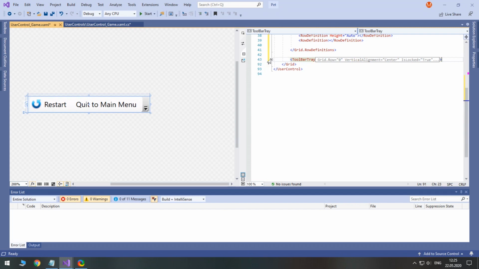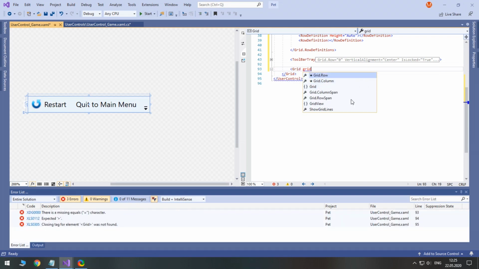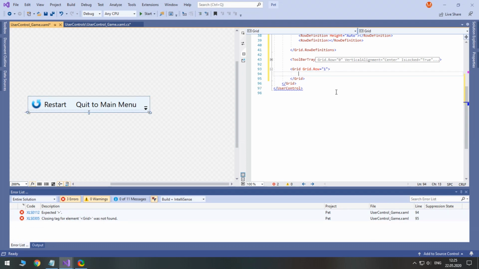Now let's create a grid with two rows for the game UI. The first row will be a group box for playing, while the second row will contain an image of the kitty shown when the game is won.